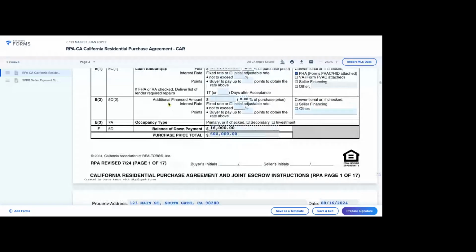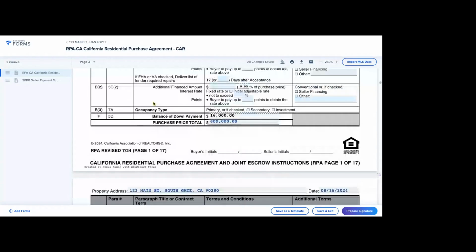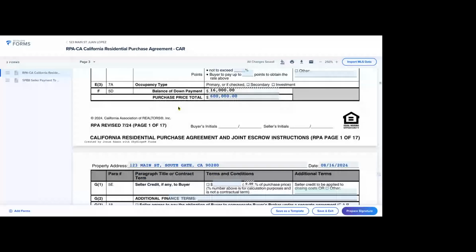Let's say there's an additional finance amount. Let's say there's a second loan. In this case, there's no second loan. Oh, let me go back. If you would like to protect your buyer, we have to include the interest rate not to go over, let's say, 7.5%. All right. So let's go down,